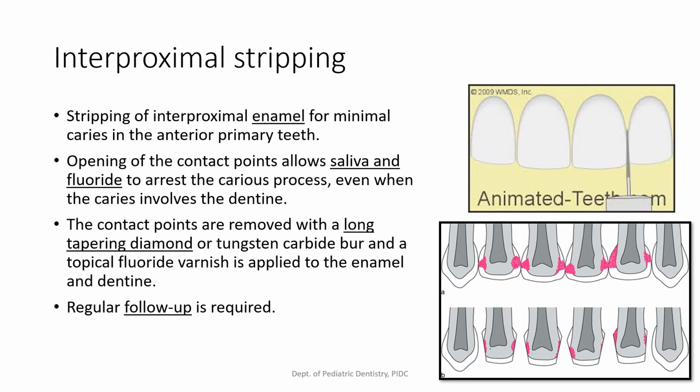The final thing that we can do in the clinic is interproximal stripping, and in this interproximal stripping, what you do is use a very thin tapered diamond burr or a carbide burr and basically open up the interproximal areas. So because the interproximal areas are open, food lodgement will not happen, and these areas will have contact with the saliva, with the toothbrush, with the toothpaste, and the caries will not initiate, or if the caries has initiated, it will get arrested.